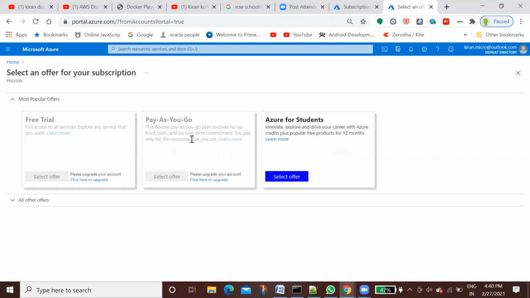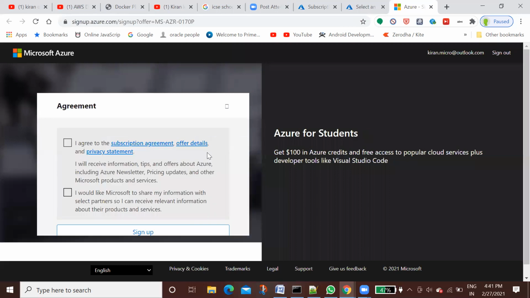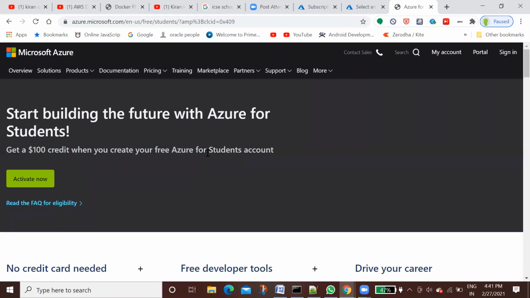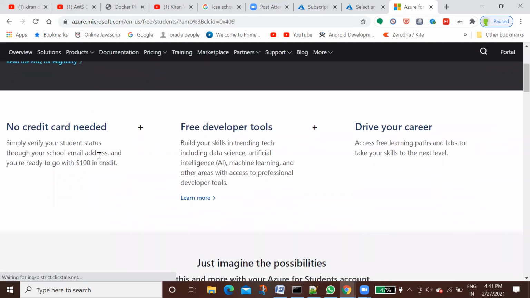You still have an option to pay as you go, but that is also not available for you. Only the student offer is available for you. Is that charged or free? Because if I am a student, then it should be free, right? You say that no credit card is needed, nothing is there.